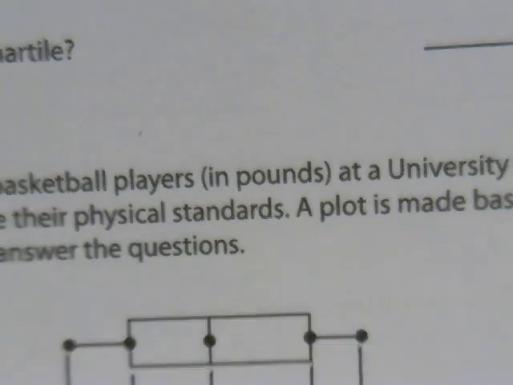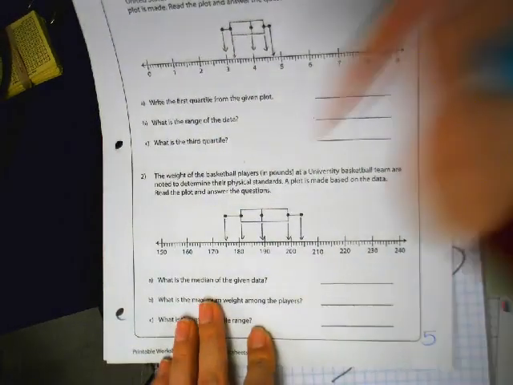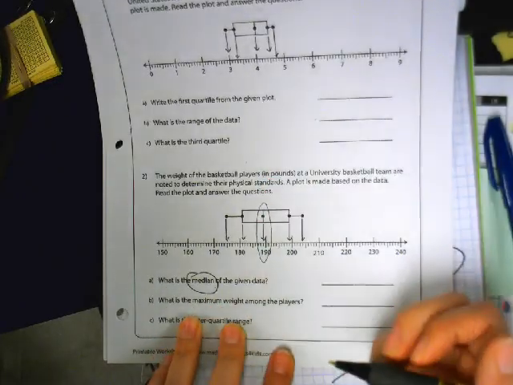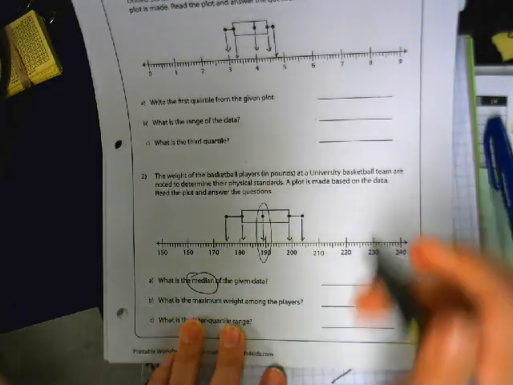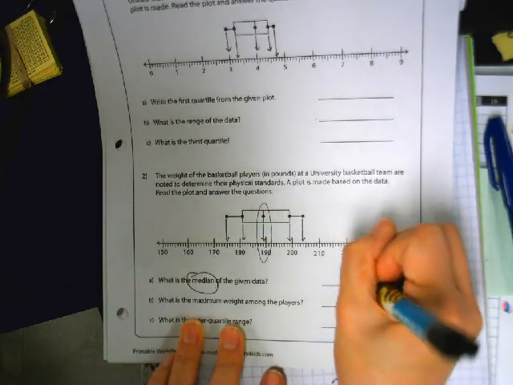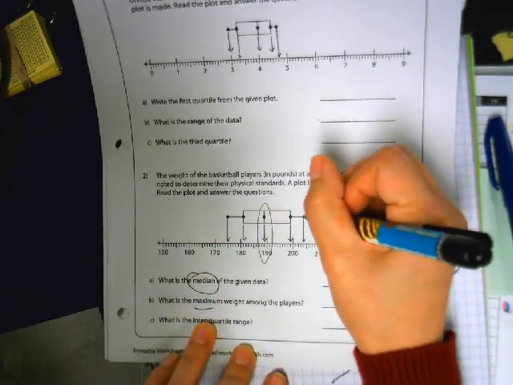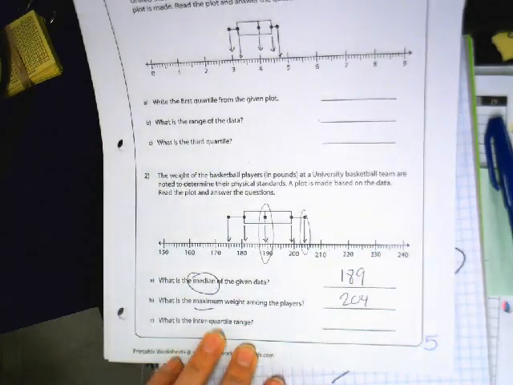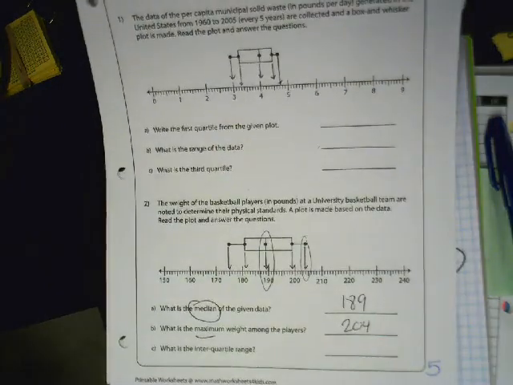Here we go. Okay. Median. That would be this number. What's the median? 189. Thank you, Angel. What's the maximum? That would be that number. 204. Good. All right, got those two answers correct? Okay. So now,